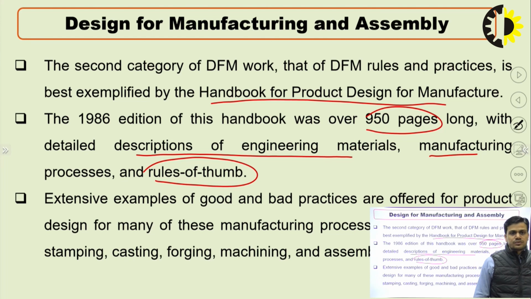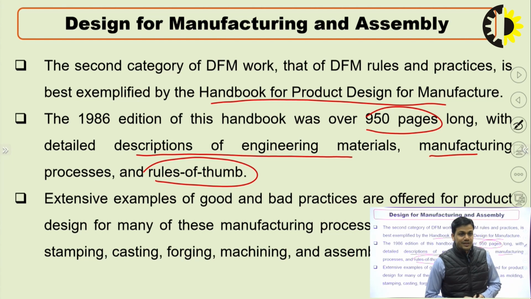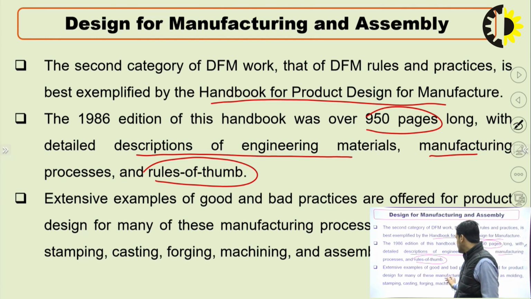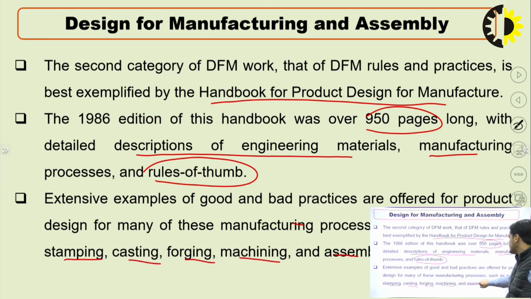So there are some rules, some engineering materials, and some manufacturing processes. This is the handbook that has been made on how you can manufacture a particular product. It is a 950 page book. Extensive examples of good and bad practices are offered for product design